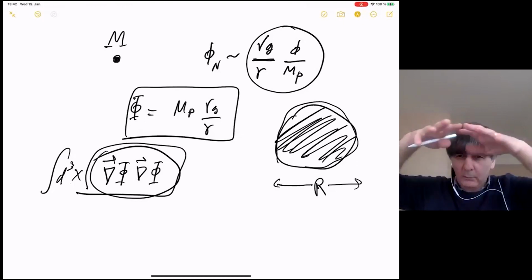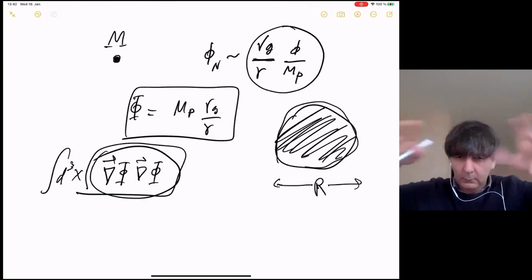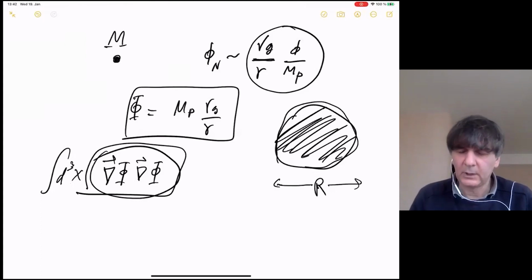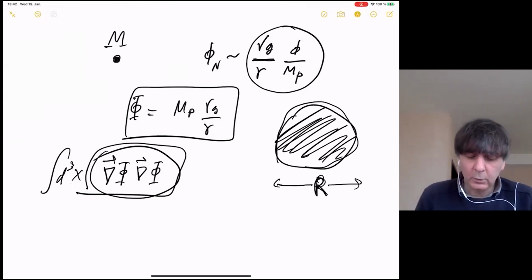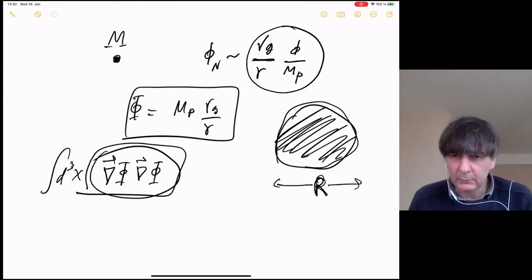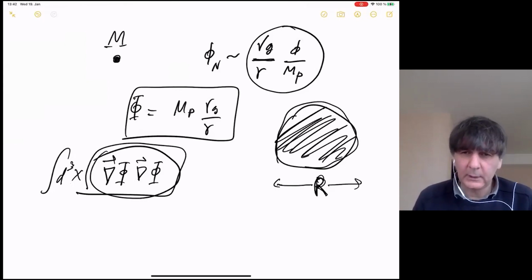For example, if I think of the object as a uniform sphere, the dominant wavelength that contributes to the gravitational self-energy is of the order of the radius of the sphere. So you now know the contribution to the gravitational self-energy, and you know the canonically normalized graviton field, and you can now